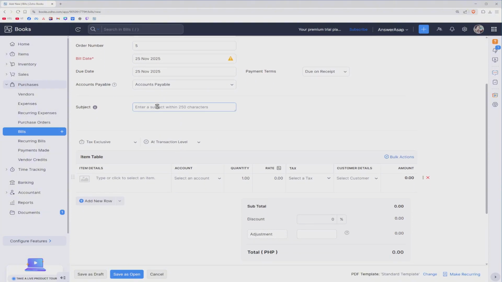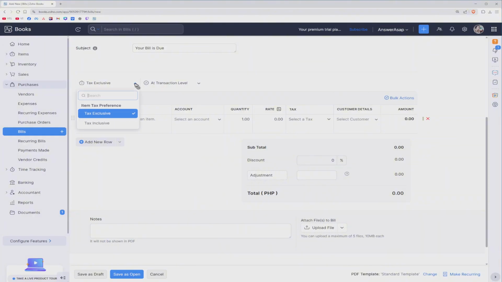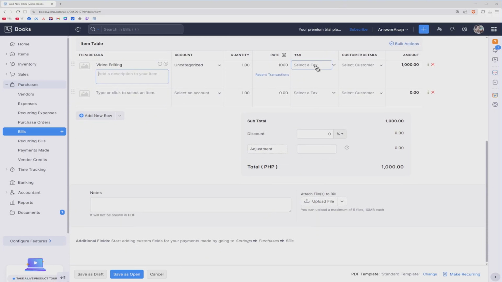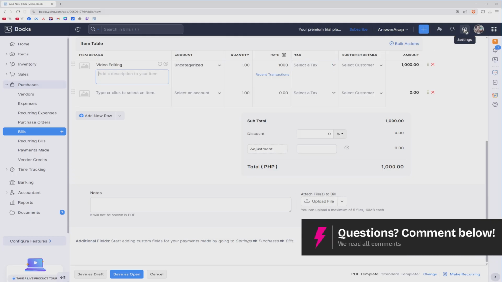Scroll down, give it a subject. Okay, for example, your bill is due. Scroll down. If you want this one to be tax exclusive or inclusive, select from one of these options. Okay, now enter your item. Scroll down, select the tax if you have it set up under your settings, or your tax portal, and